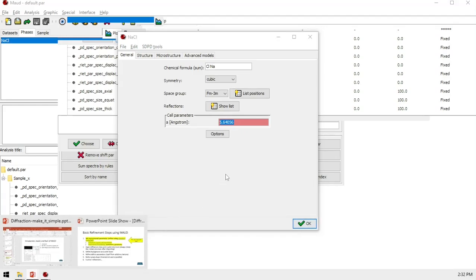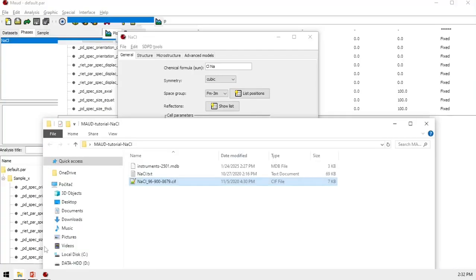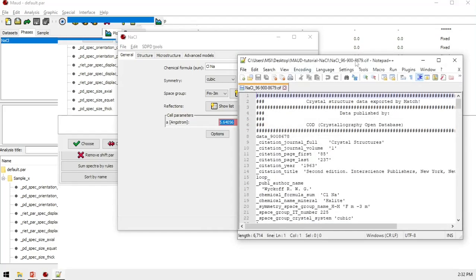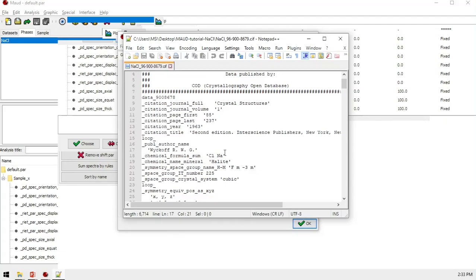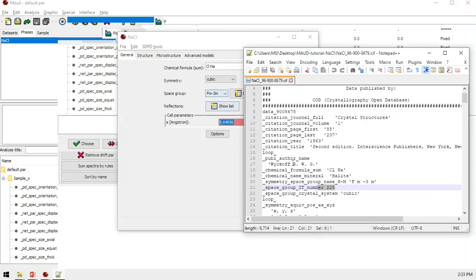It's important to start the diffraction, and we can check from the crystallographic file again. For a quick highlight, this space group number is important.